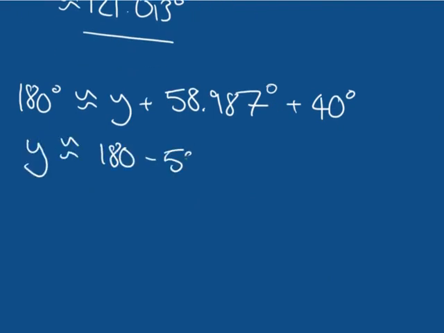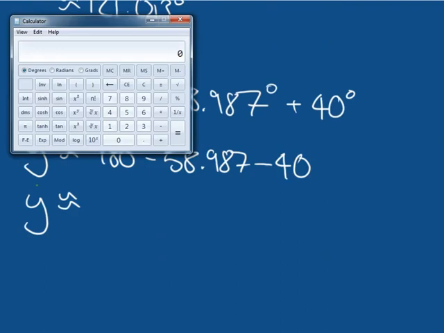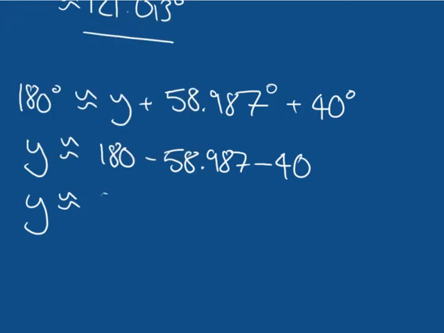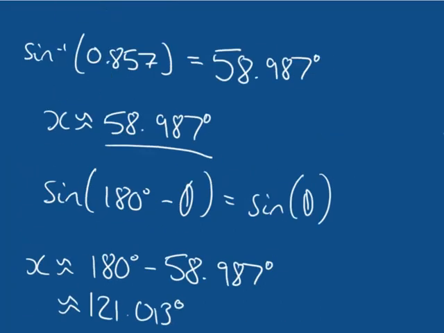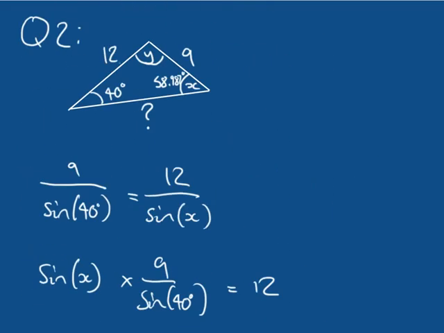Oh, my apologies, let's start again because I pushed the wrong button. 180 minus 58.987 minus 40 is approximately equal to 81.013 degrees. So 81.013 degrees. And again, we could add this to our diagram. So this is